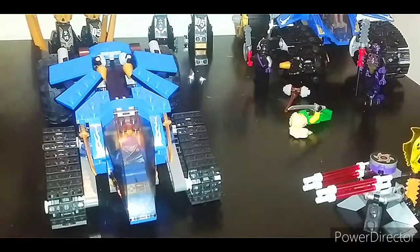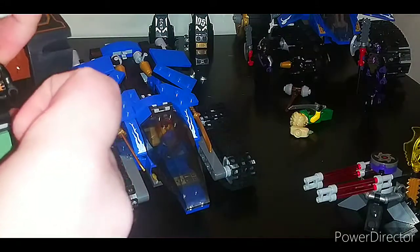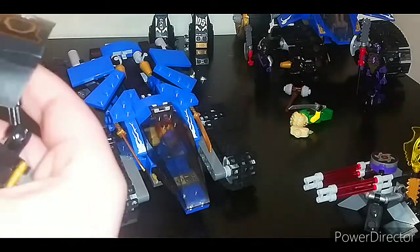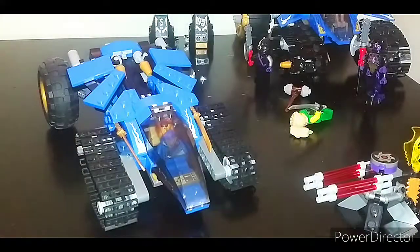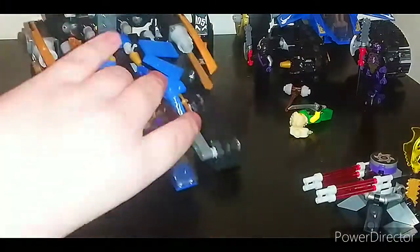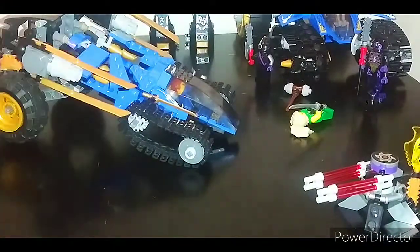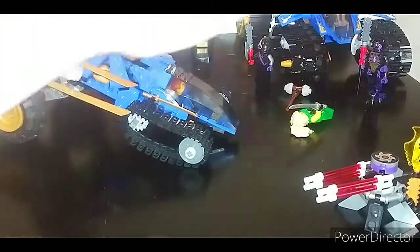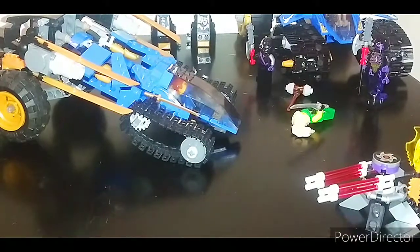Then you take Cole, get the mech from back here, and stand him up right there. Put that down, and then you just simply fold the arms back, like so. Fold the legs up, and like that. And it's pretty compact. It'll fit in a small space if you want to store it like that. I'd recommend storing them separately, which is how I do the new one. I store this one together because it just makes more sense, because I'm limited with shelf space where this set